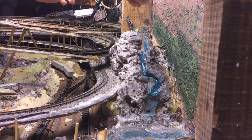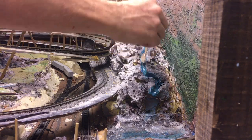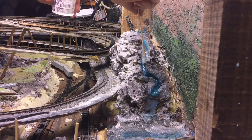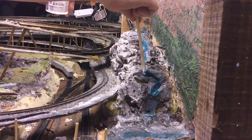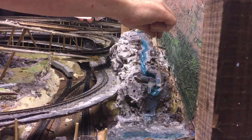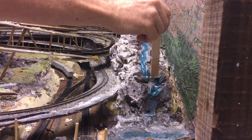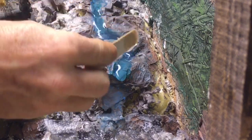Right now, adding water ripples. If you've seen my other videos, you do know that water ripples is basically the same product as clear pour water, about twice as thick. And so it lends itself well. I actually put a pour of clear pour through there, and it was pretty much unnoticeable. You can see a little bit of it there. But the ripples coming in here,